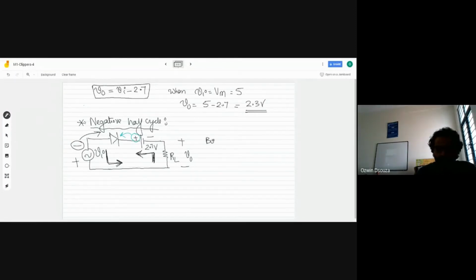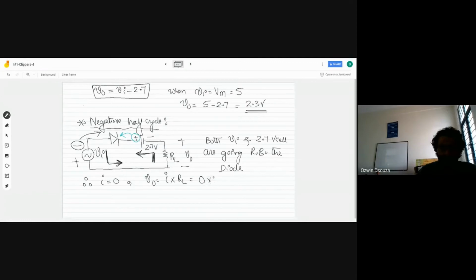So you can write both Vi and 2.7 volt cell are going to reverse bias. In short, let me write RB, reverse biases the diode. Okay. So therefore, current I becomes 0, and voltage V naught is nothing but I into RL,